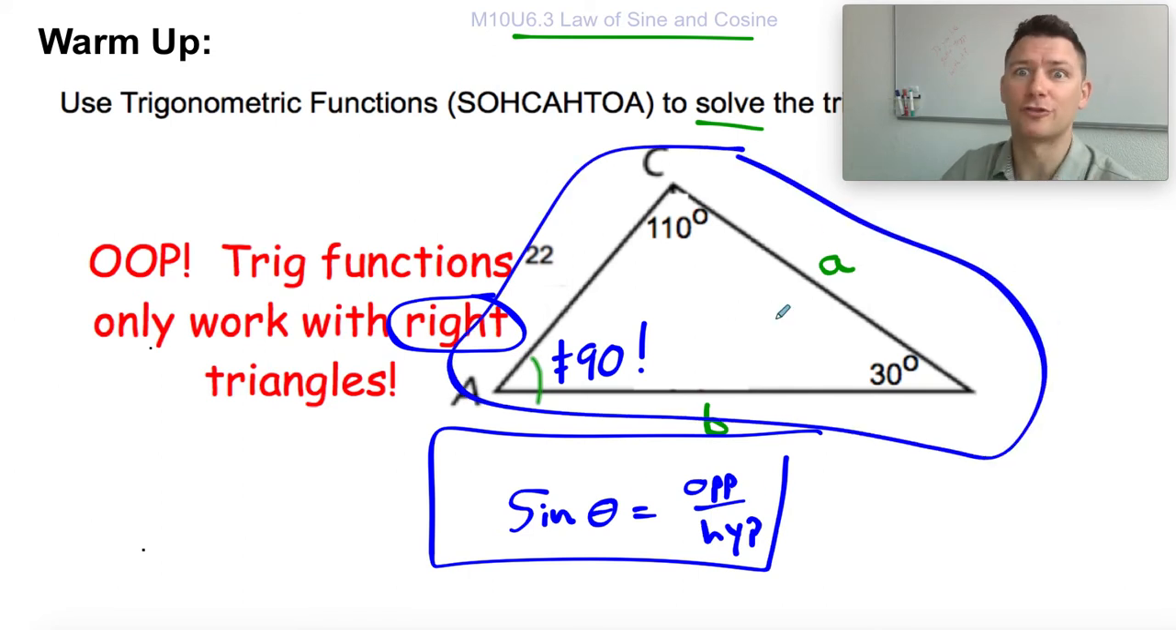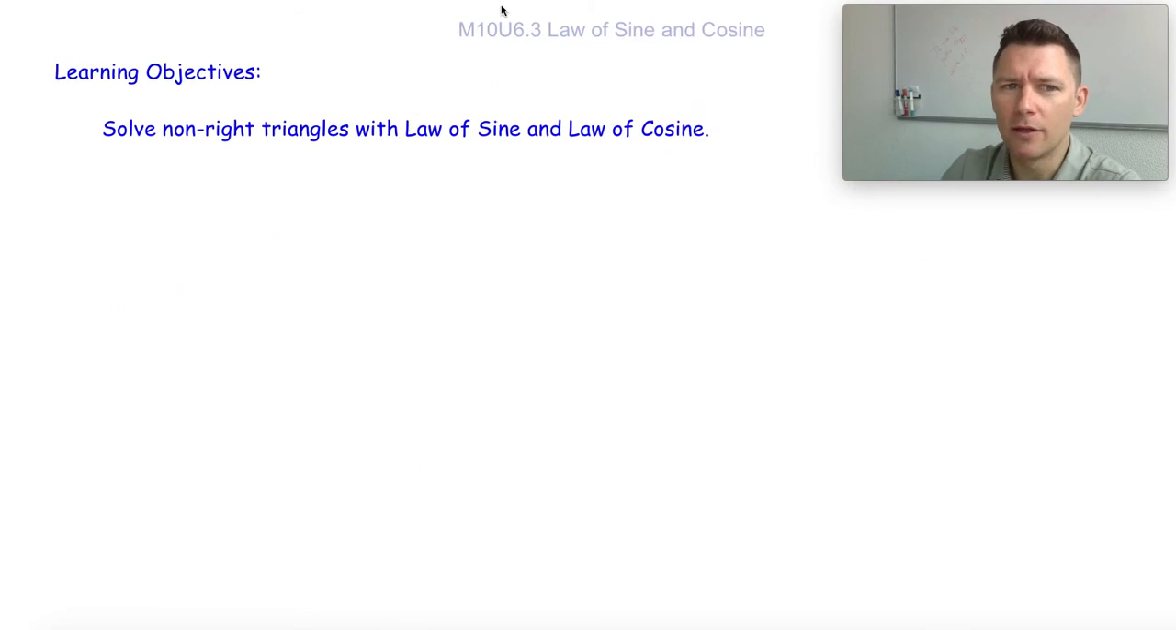We can only solve right triangles, and so we better just go home and give up because this is not a right triangle. Cool? Good to see you. Bye. Just kidding, right? We can muscle through this. So the goal today is figure out how to solve non-right triangles with law of sine and law of cosine,